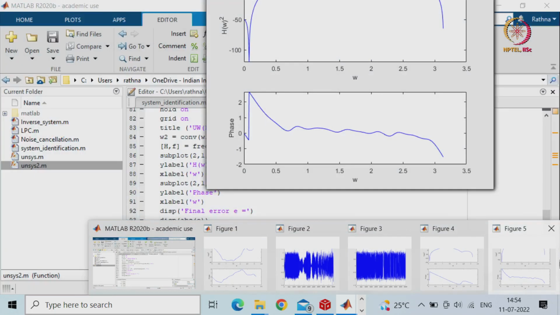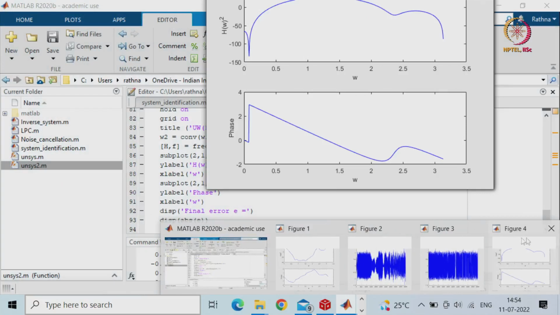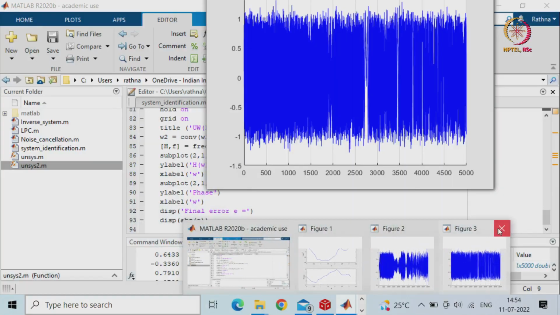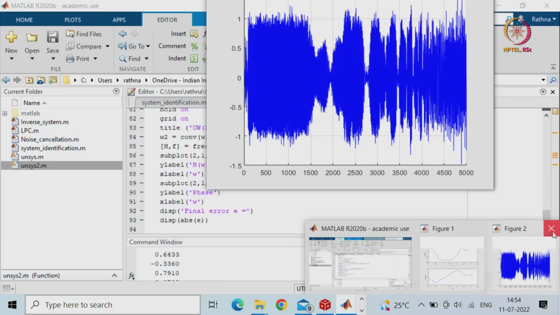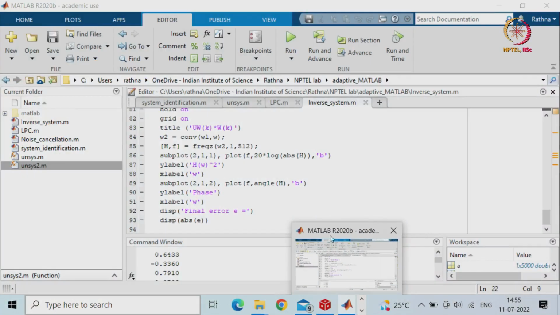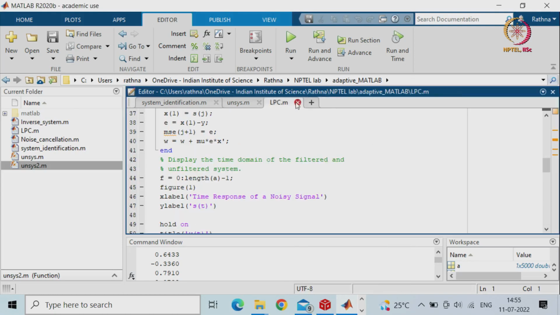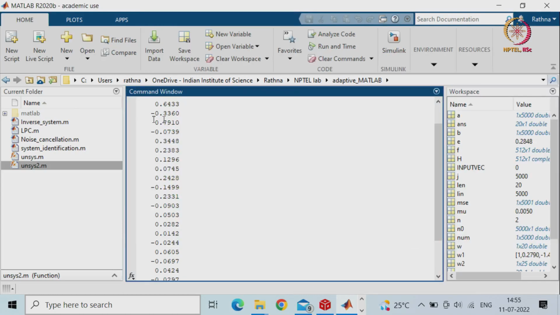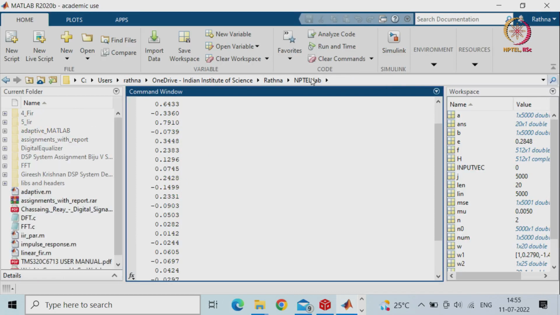So, this is how you will be applying adaptive filters in different fields. That is the application of our adaptive filter. Now we will go to the equalizer,